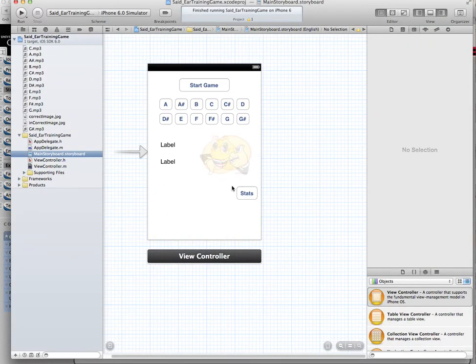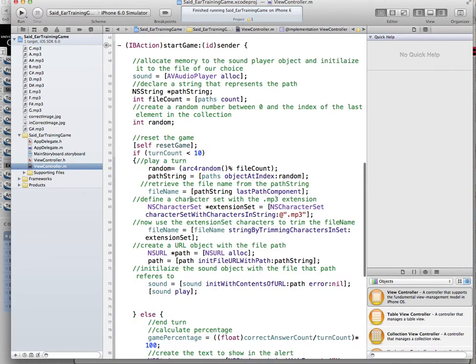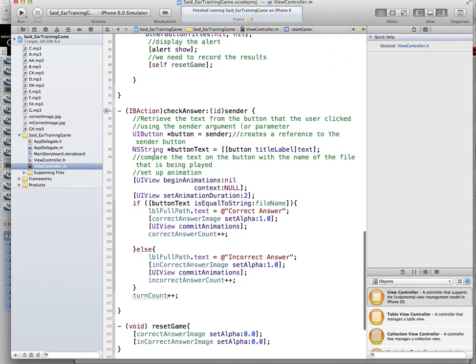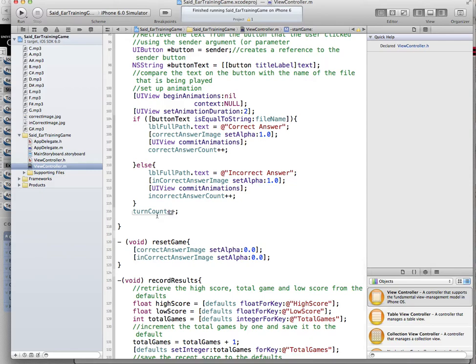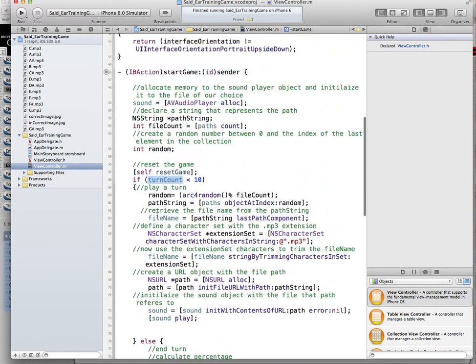So here is what we have done on Thursday. The way it works right now is we were able to set the concept of a turn. So every game will have a turn, and we will play the game 10 times. Every turn, the game will play a sound, and the user will have to select which note this sound is. Once they click on the buttons, it comes to check answer, which will check the answer and update the count. When the count reaches 10,